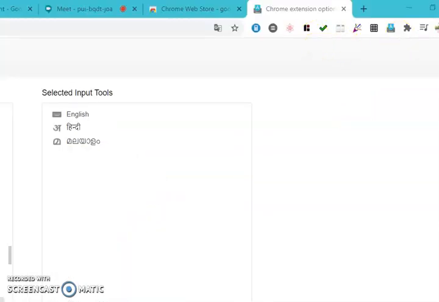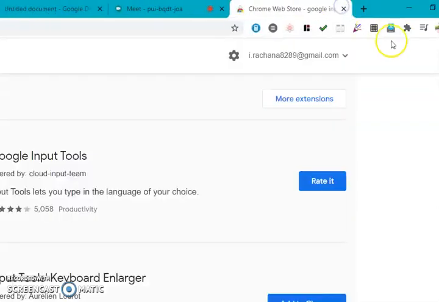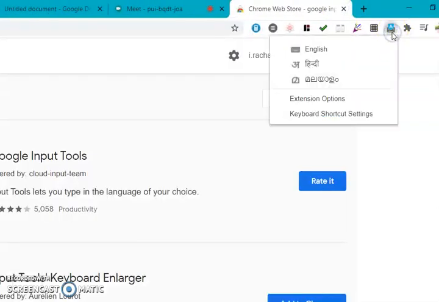You can directly close this tab. Now when I open this option, I can see I have three more options available: English, Hindi and Malayalam. Now on Google Chrome we can type our content using the keyboard in any of these languages that we have selected. More options are available, that is our choice, whatever we are going to select.